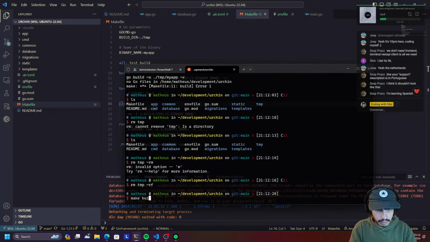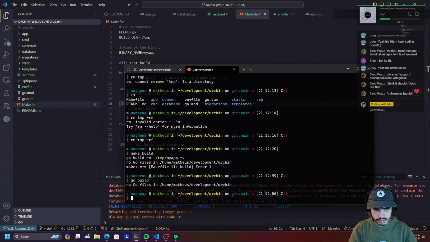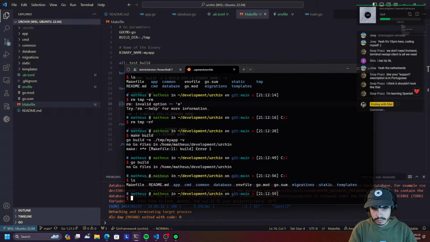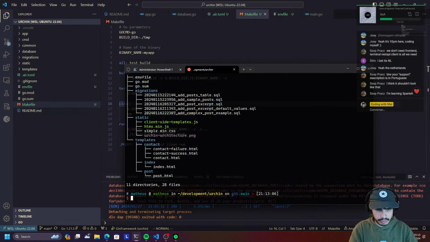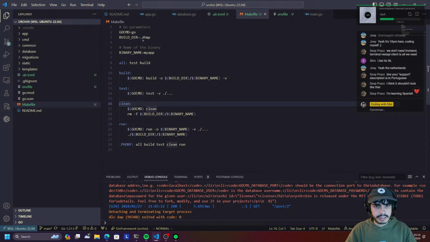So if I do a make build, what happens? No Go files in here right now. Interesting. But if I do a go build from the main directory, no Go files in this. Whoa. I thought I was supposed to build whatever Go files are under this directory tree. So like if I do a tree, it's going to just look for all the Go files and build it, but maybe not. Maybe we actually have to specify the build, the binary, right? So the binary name, the binary path. Let's do something like,